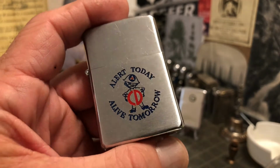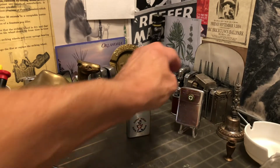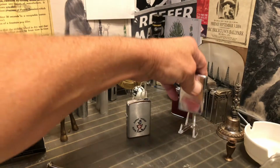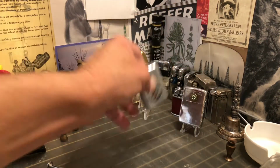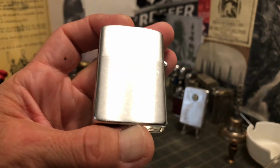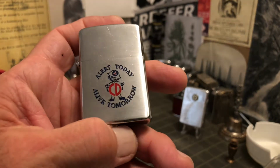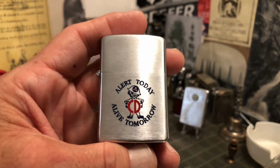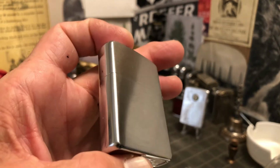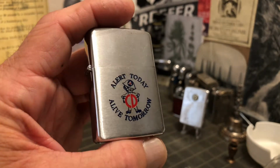I was very confused because I've seen this slogan used so often on these Green Cross lighters. Green Cross for safety. Alert today, alive tomorrow. I'm not sure what the Green Cross is or what I thought it was. I still don't know. I didn't look it up. But I did enough research to find a similar illustration on patch.com in an article where it was talking about civil propaganda, and it pointed out